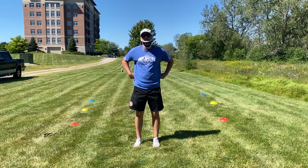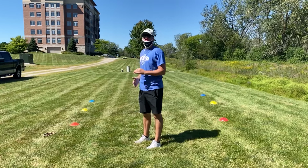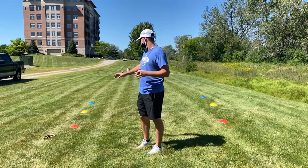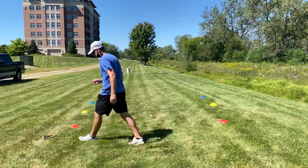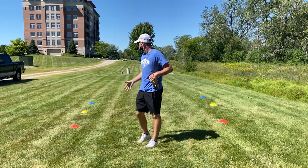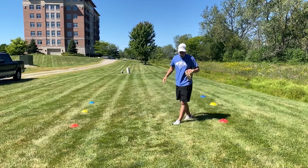After they warm up, depending on how many kids are in the class, let's say we'll do a small class for sure. I'm going to say we have 4 kids in one of our baseball classes. So you're going to hand them each a ball and they'll still be at their pods holding their ball with their glove on. You as the coach will also have your glove. Each kid will have their ball. You're going to be standing in front of the kids, probably about right here,